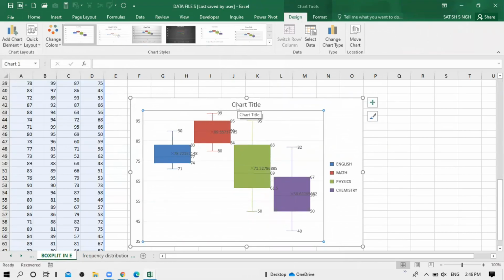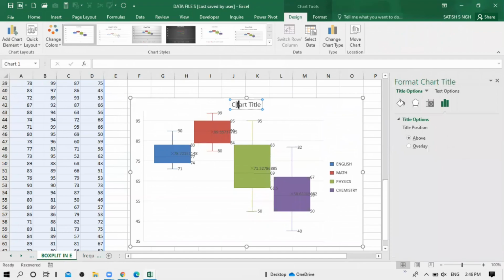So now this is activated, and here we can write class 10, 2021 batch, right? So this is showing the different spreads among different.